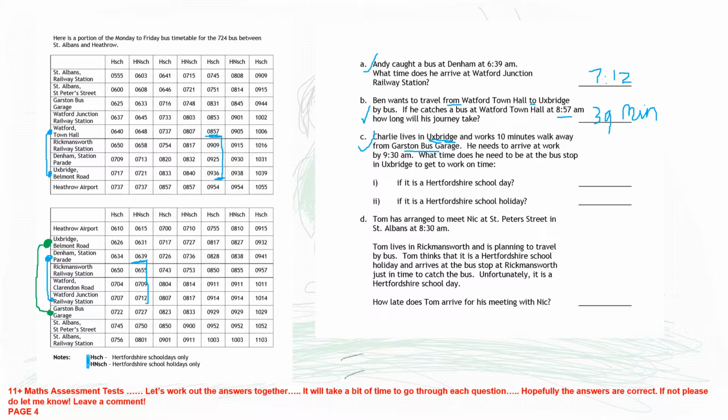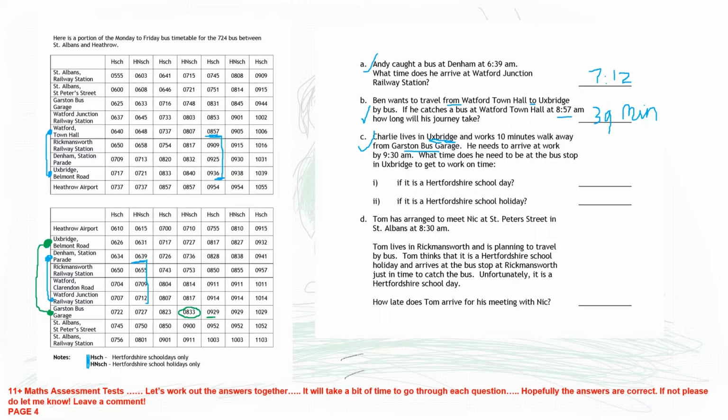And he has to reach Garston Bus Garage by 9:30 a.m., but he has to walk 10 minutes. So he has to be there by 9:20 a.m. So what is the latest time? It can't be 9:29. No, this is not the latest time. He has to be there by this time,